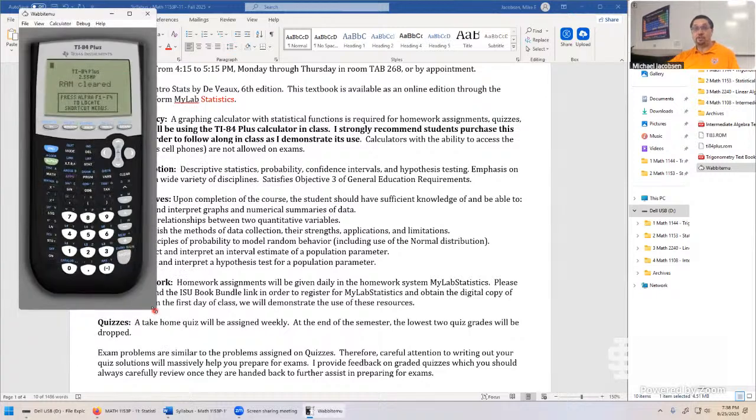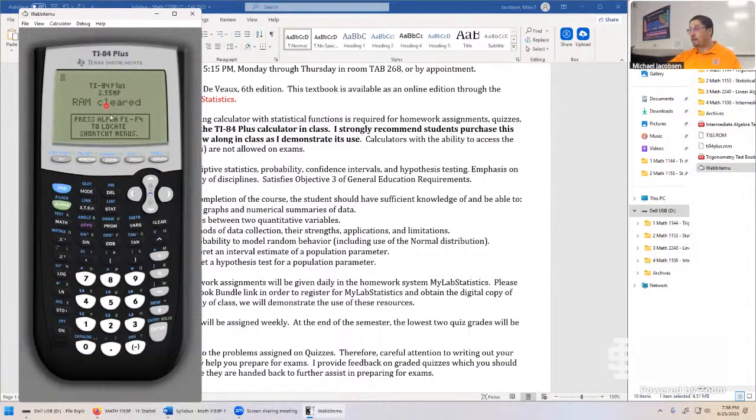Every single time you have to use this calculator, no matter how basic or how convoluted, will be done in this way. I'll be clicking the buttons with the red dot. So if you bring the calculator to class, you can follow along and start practicing early before you do it on a homework assignment, before you have to do it on an exam, for example.